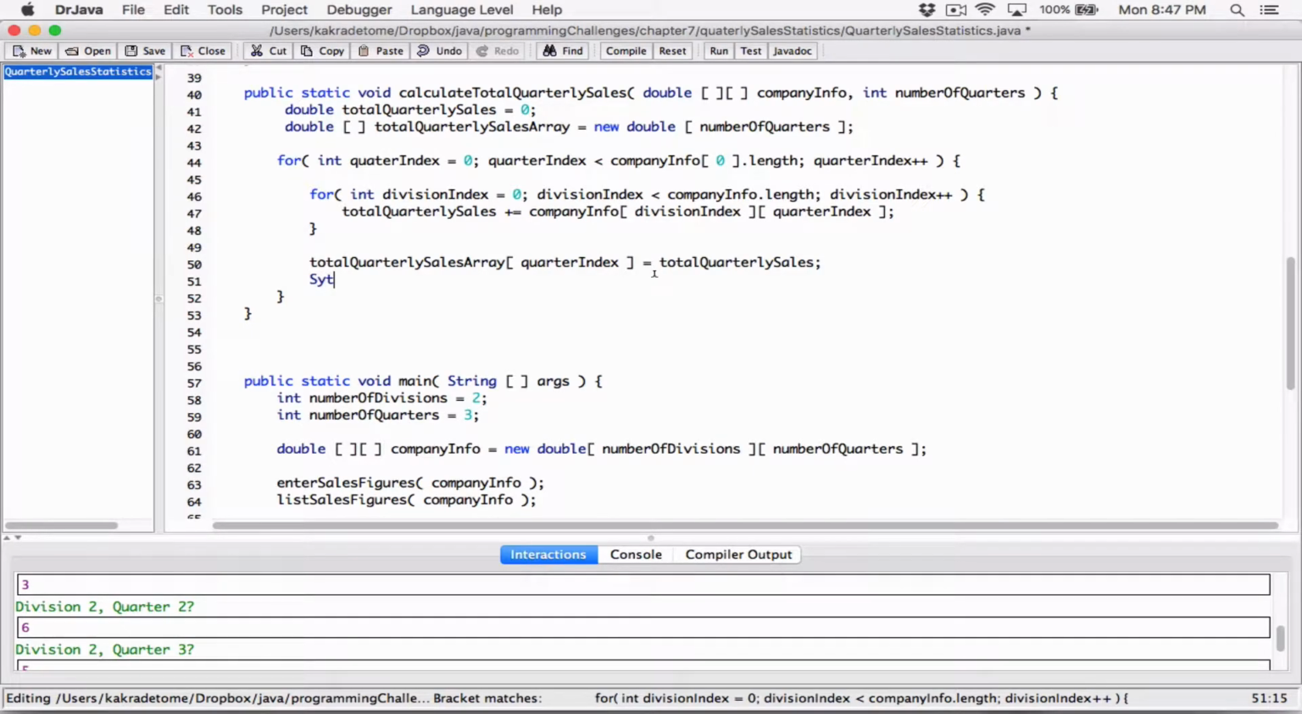We can say System.out.printf. Let's use printf, and then let's create a format string first. Let's start with division, right? A placeholder %d, just a division placeholder, then quarter, and another placeholder for the quarter,